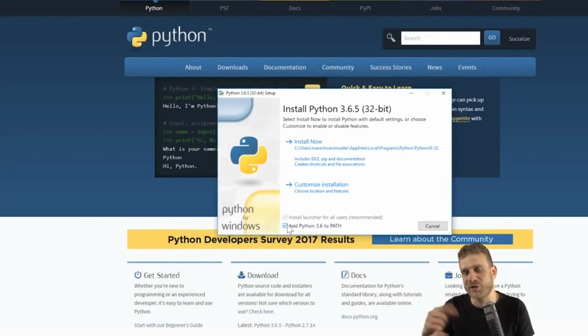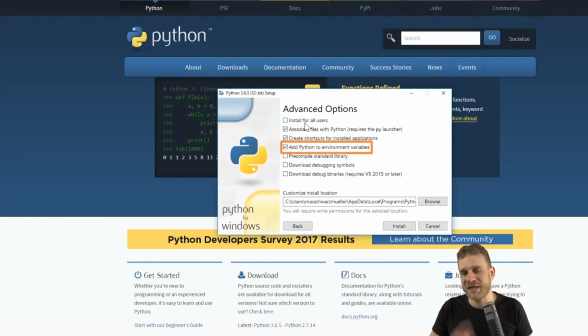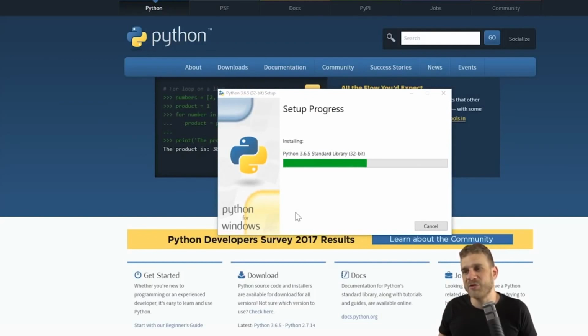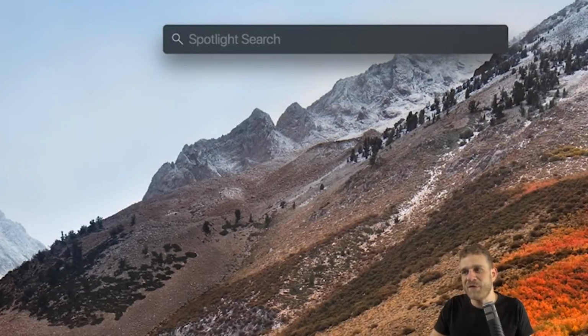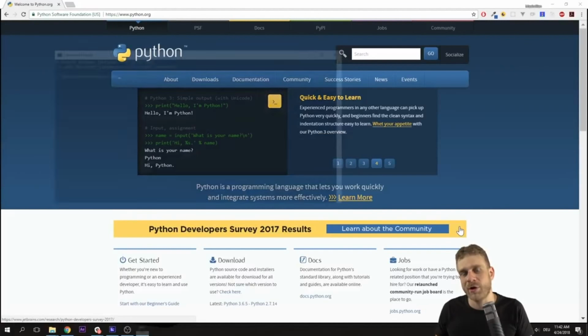And then if you choose the manual install option, also make sure you install Python, this pip thing here, and all the things you see checked here, and also make sure that here the environment variable part is checked. This is important so that you can conveniently execute Python from within your command prompt later. With all that said, on both operating systems, you can simply hit install and wait for the installer to finish. Once it did finish, open the terminal on Mac and Linux, or simply your normal system command prompt on Windows.